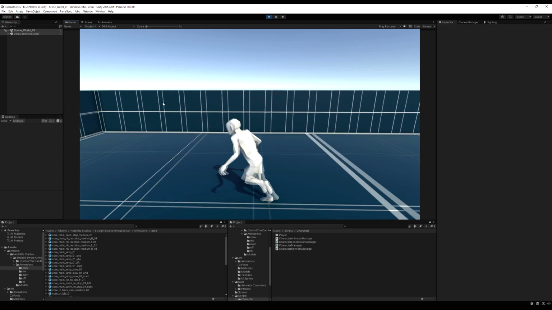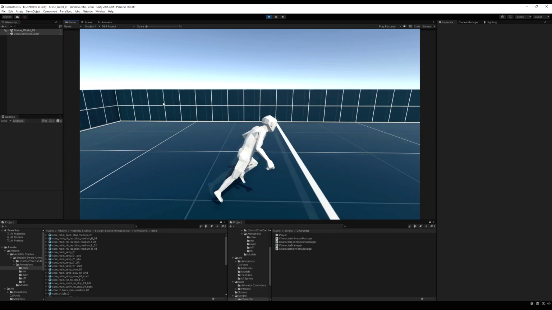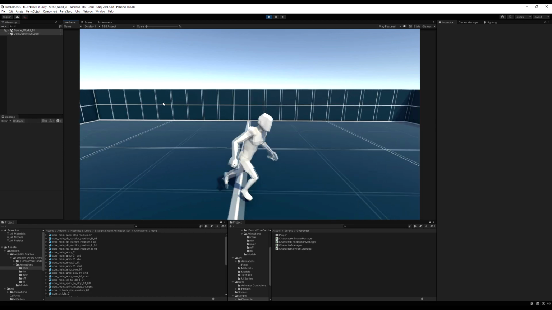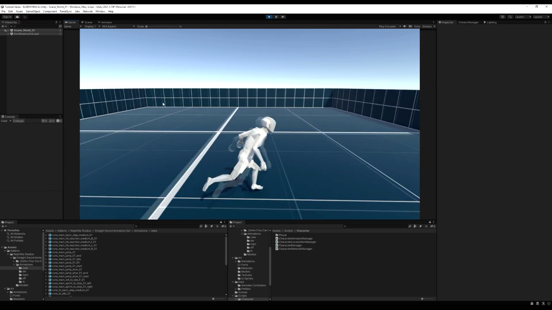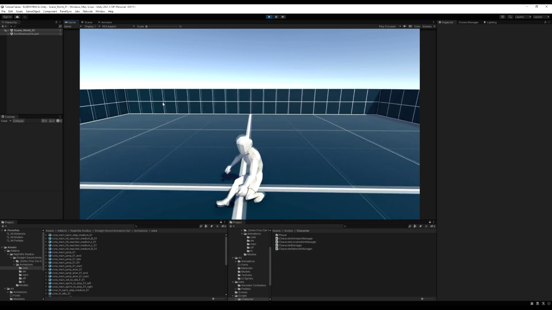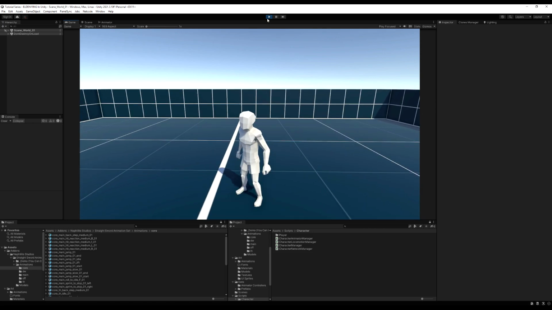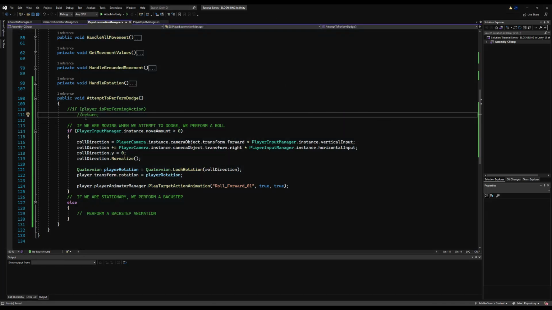And now if I roll in the game here, it's working fine, awesome, but you can see I can actually spam the roll button really fast, and what happens is I'll keep repeating the action, so it will start and start and start again like this, and we don't want that. That's terrible. Basically, we want to make it so when our player attempts an action, they commit to this action and can't do anything else.